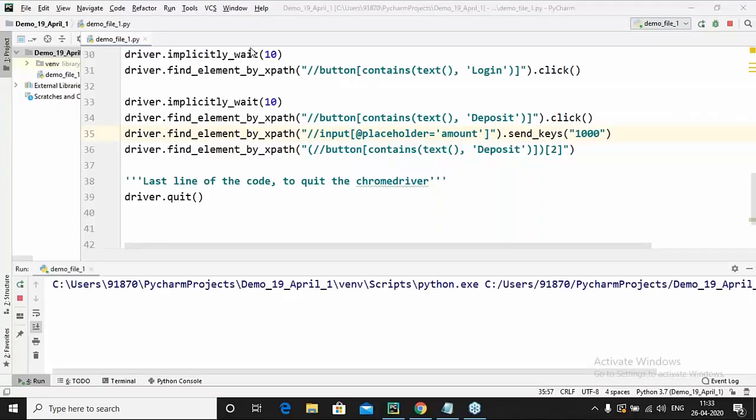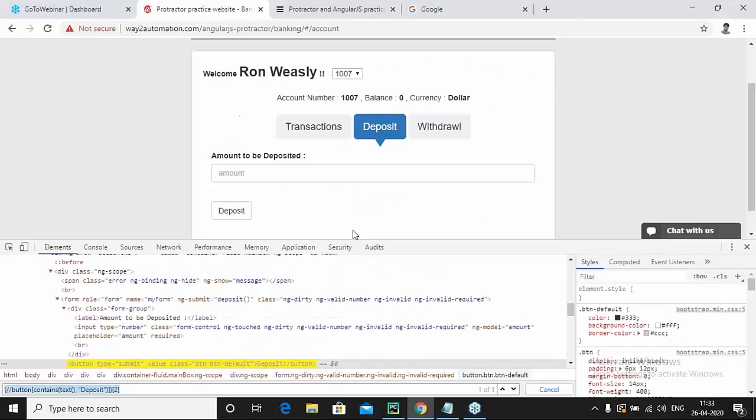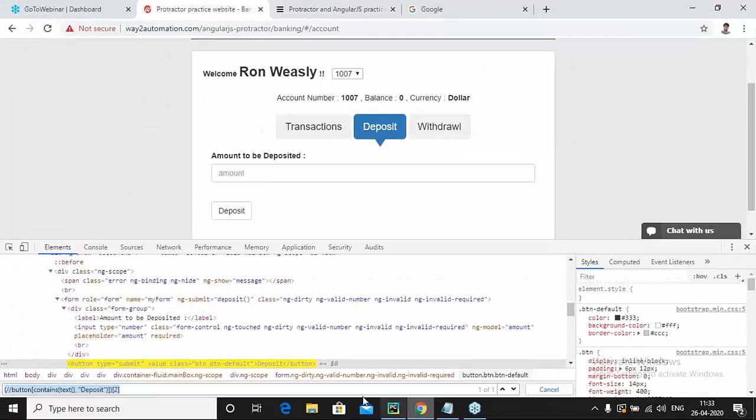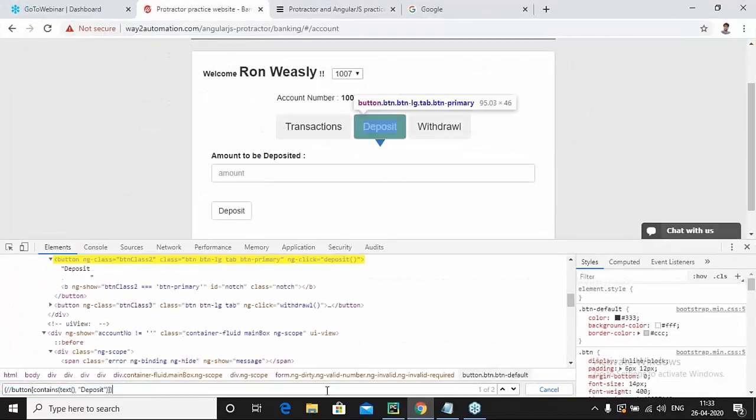Okay, I'll explain it to you. Something happened that we have not noticed. So Raj, you're asking what is the number 2. When I was locating my elements, you can see I had two different elements with the text deposit.